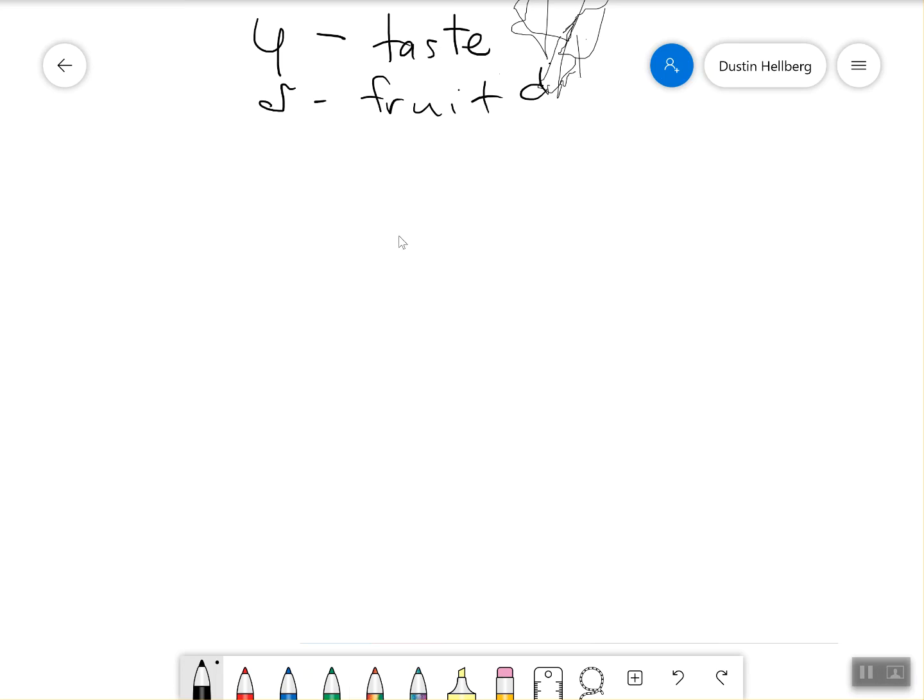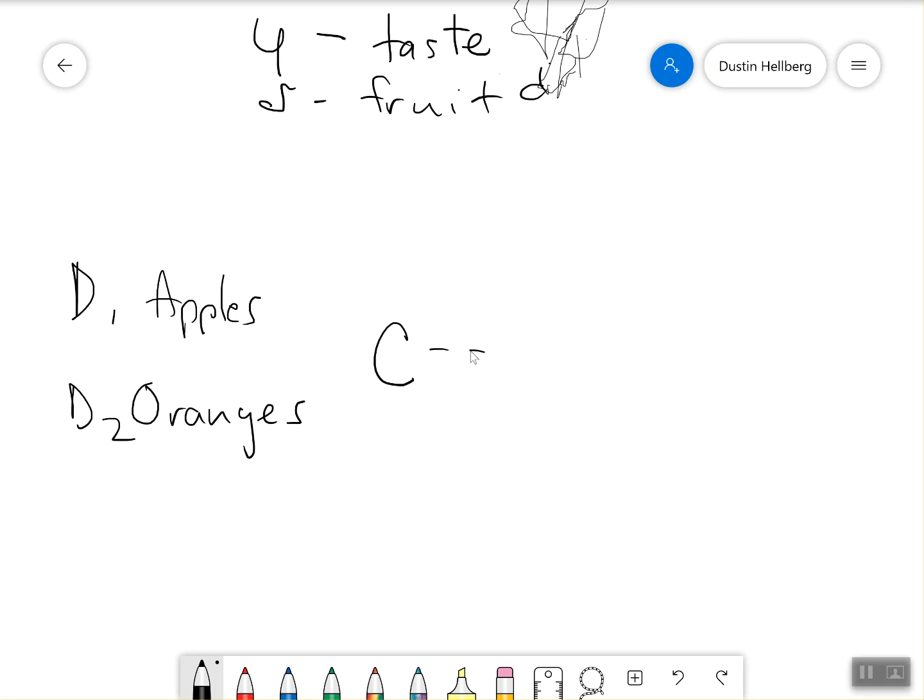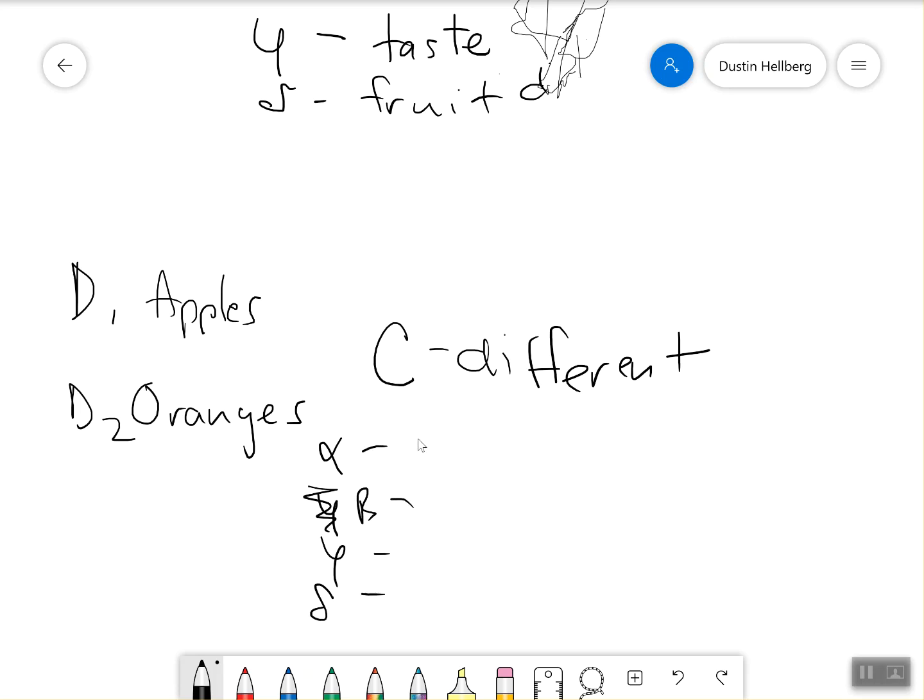I've gone on to a different point on the board, because the pen is evidently mightier than me. So data point 1, apples. Data point 2, oranges. Our claim, remember, was different, that they are different. And we are looking at these categories: alpha, beta, gamma, delta. What was it? Shape, color, taste, and fruit